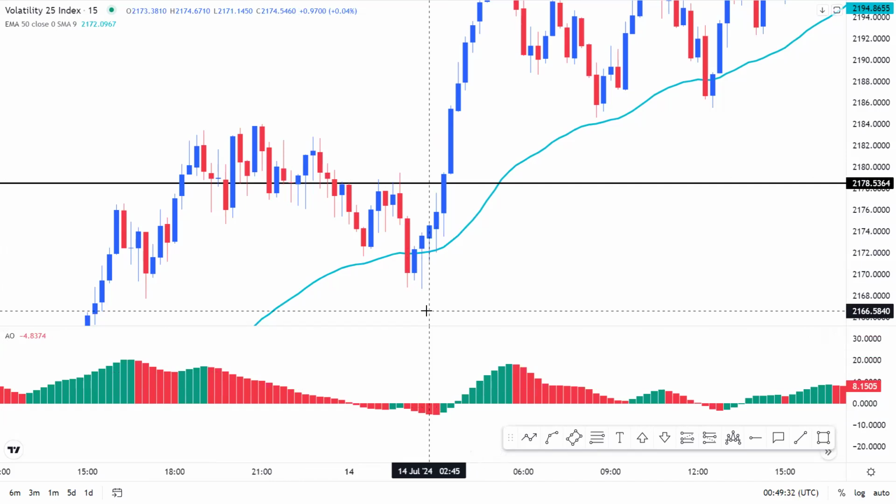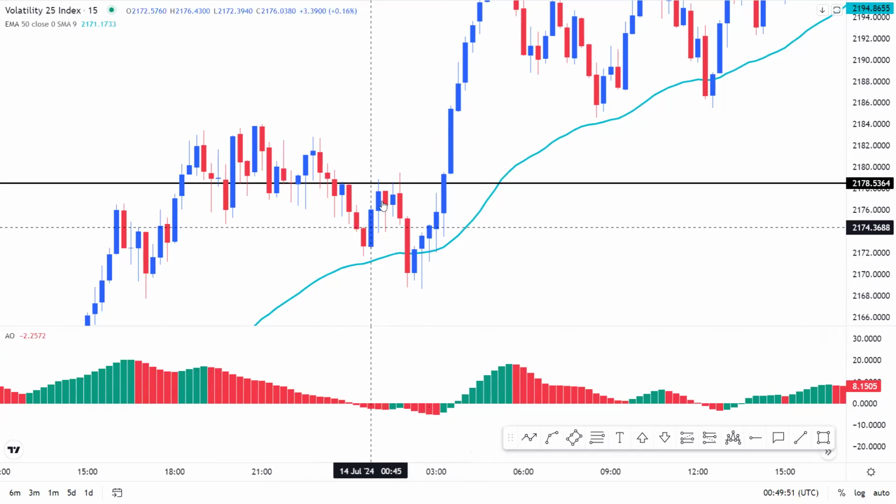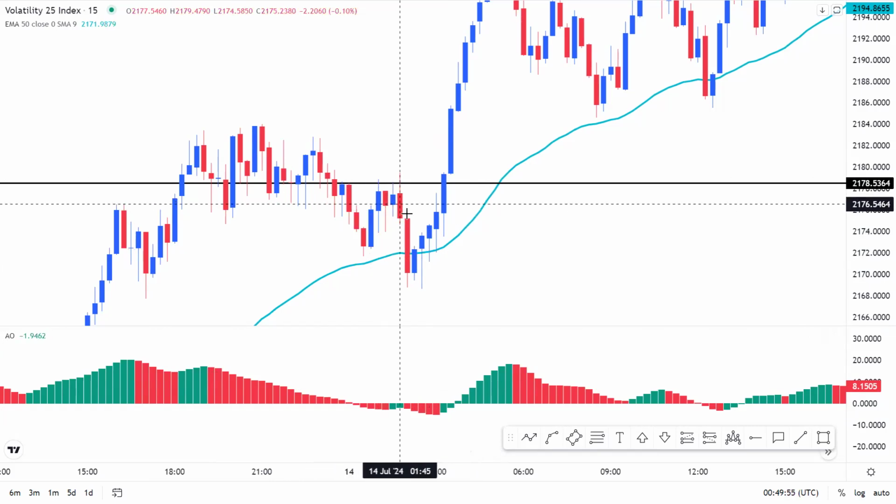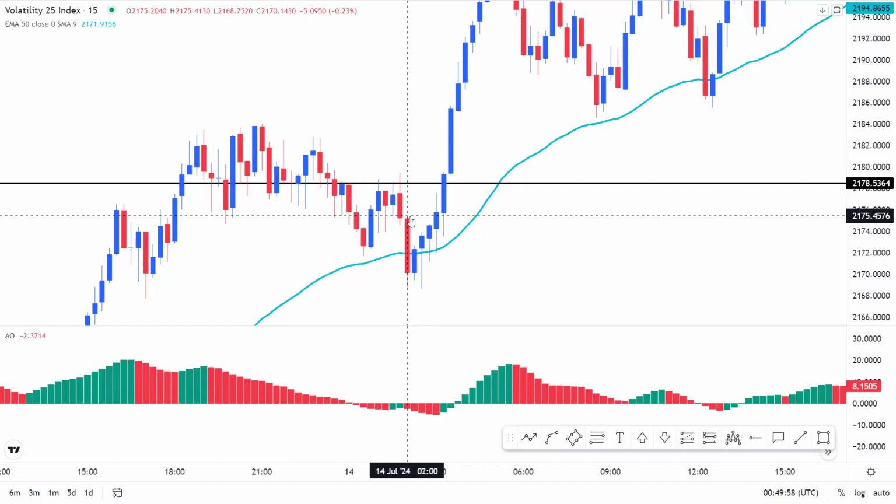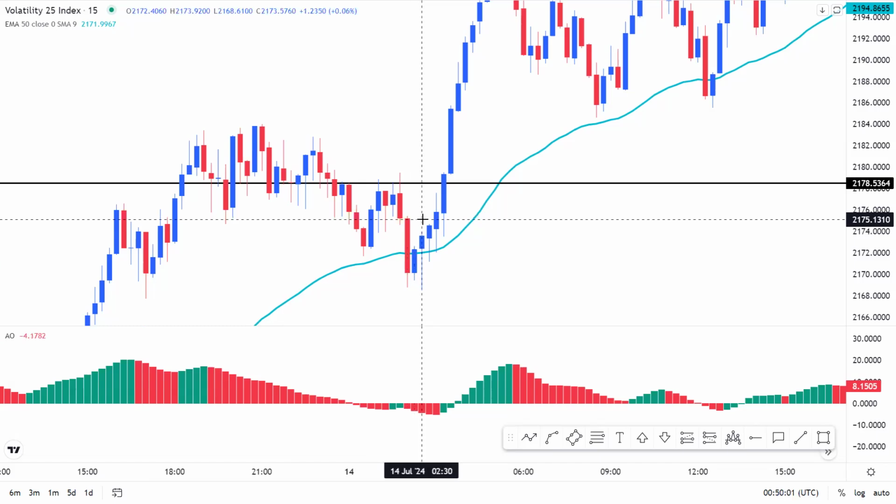And then we need now both rows to be met. Row number 1, we need for the candlesticks to be trading above the 50 exponential moving average for us to take a buy. And then we need for the awesome oscillator indicator to cross from negative to positive for us to have ourselves an entry for buy. So clearly you can see right at this point, we have the candlesticks trading above the 50 exponential moving average. But then you can see from the indicators window, the awesome oscillator indicator is clearly trading at negative. So we'll keep moving